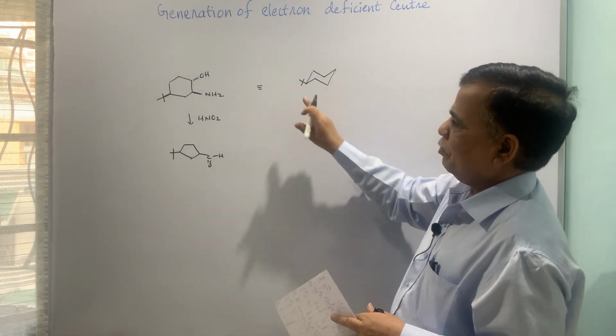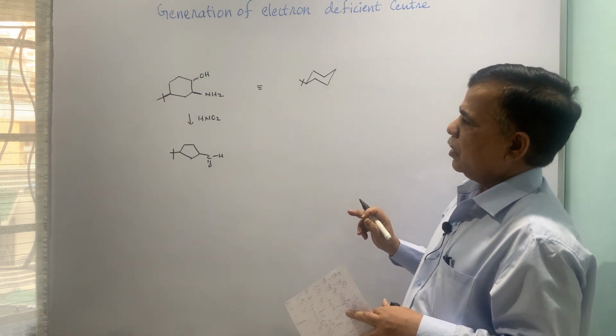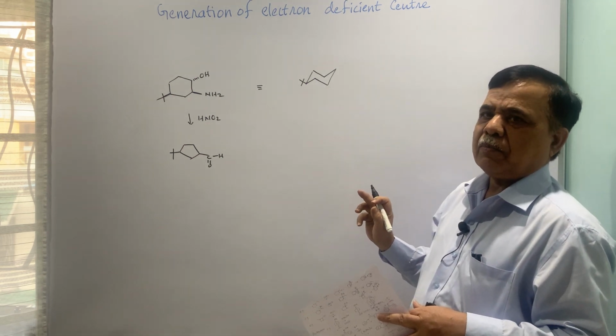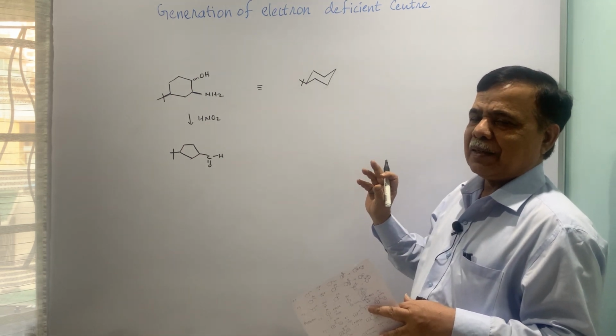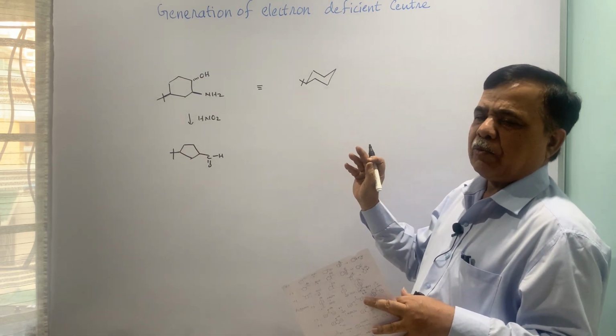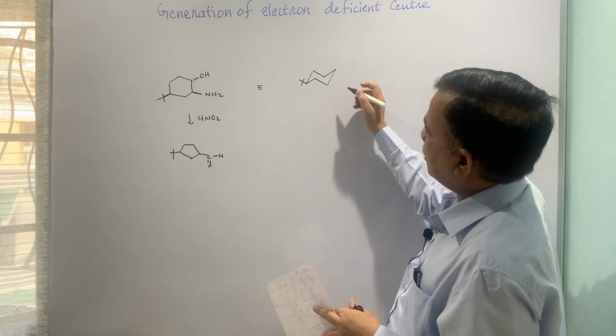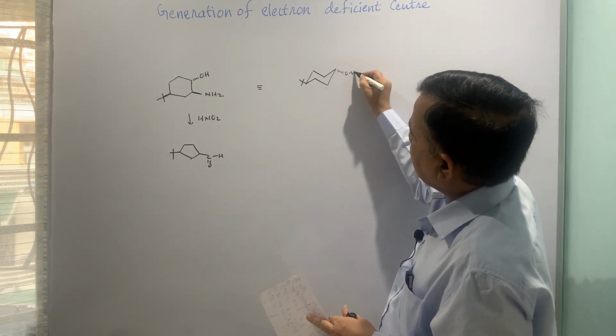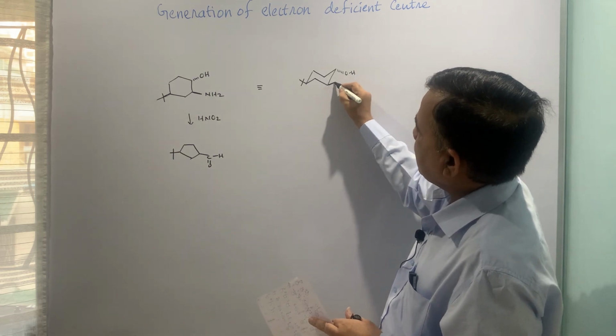So this is the beta tertiary butyl group, and this conformation is the most stable because you are putting the bulky alkyl substituent at the equatorial position, so that the 1,3 diaxial interactions are minimized. Now this is your OH, the alpha, and this is the